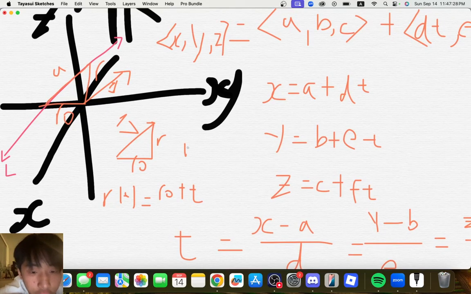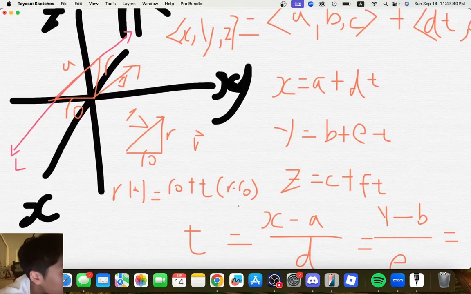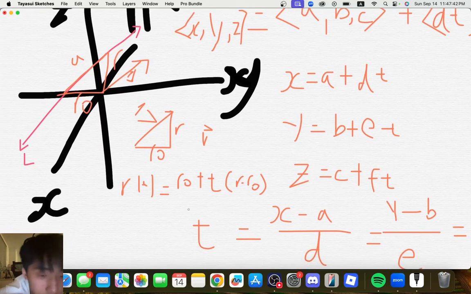Now, if we solve for v, we get r minus r0, and if you simplify the equation, you'll get that it is equal to r0 times 1 minus t plus t r1,